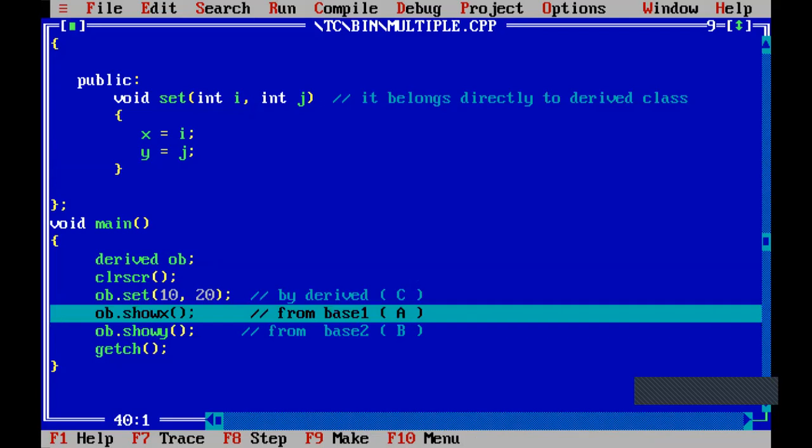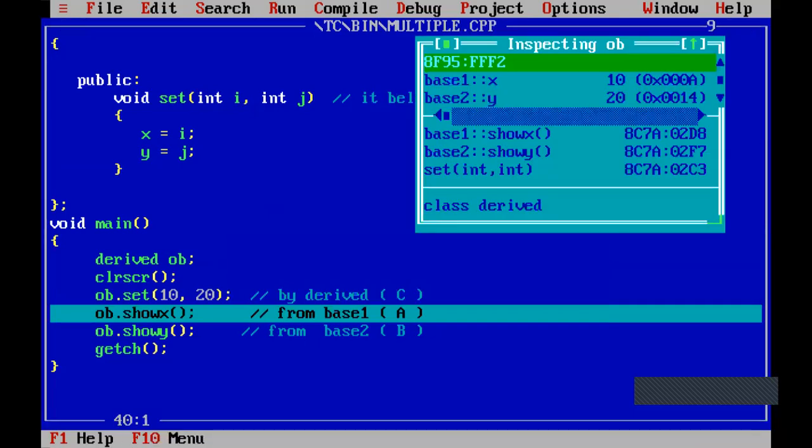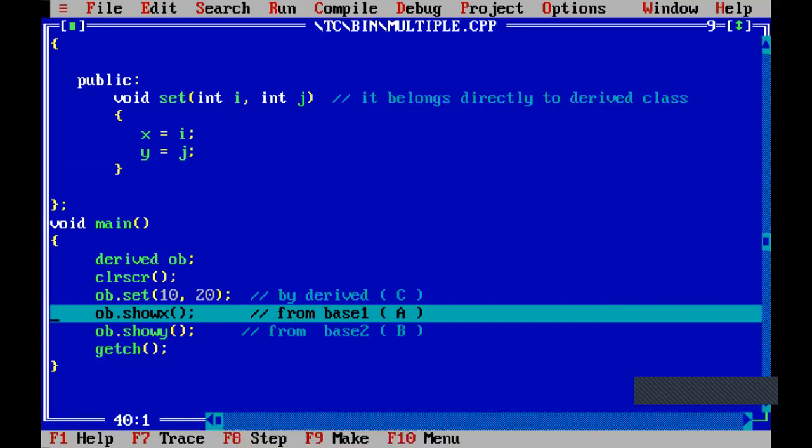Next, OB dot show X. Just a minute. See here, top right corner, something is displayed. That is nothing but the memory of object OB.